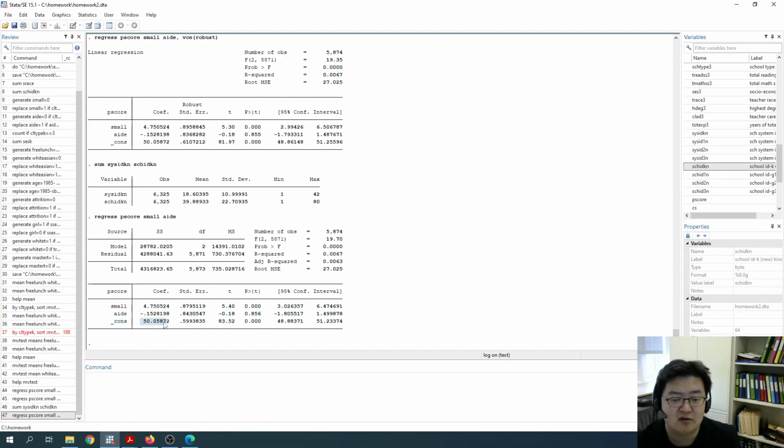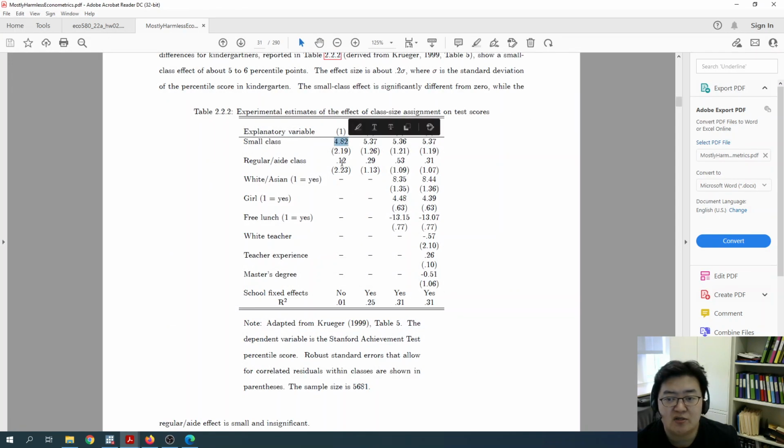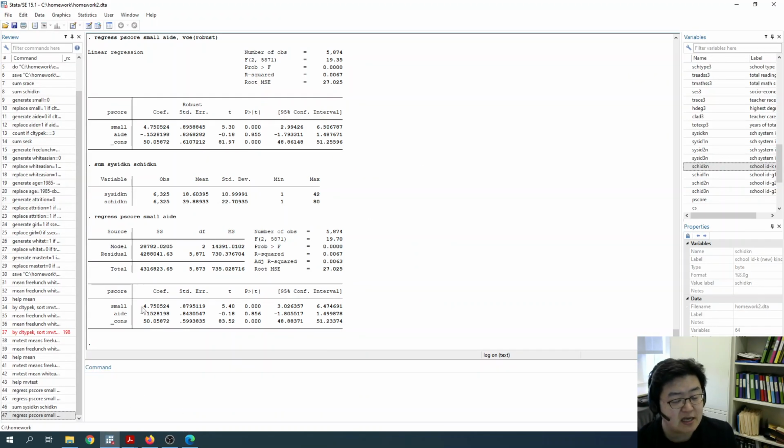Anyhow, we don't need the intercept. We just need these 2 numbers. And you see 4.82, 0.12. Not exactly the same, but the difference is pretty small. And the standard errors are quite different. The difference is coming from